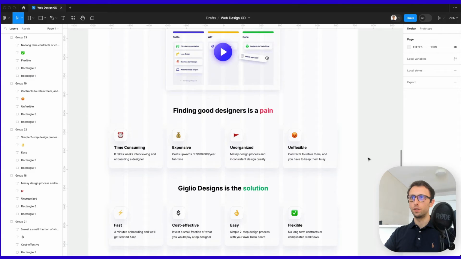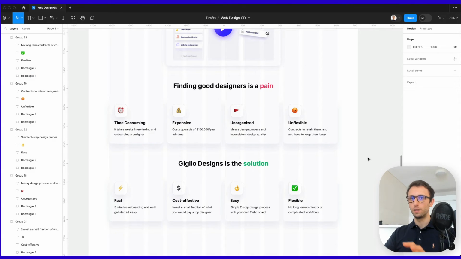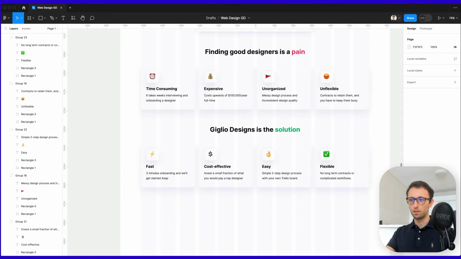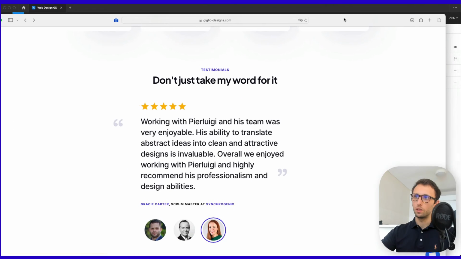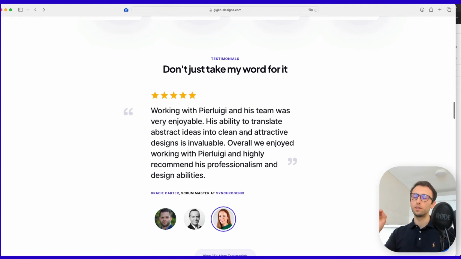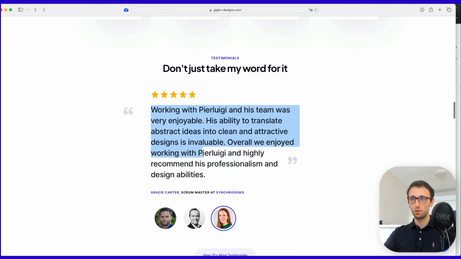Alright, so we have the pain and solution part done. So this was pretty straightforward. Now we need to head up and create the testimonial, which for the most part we really wanted to make stand out. So having this big layout showing some stars, which is a classic association of positive, and then the testimonial itself,